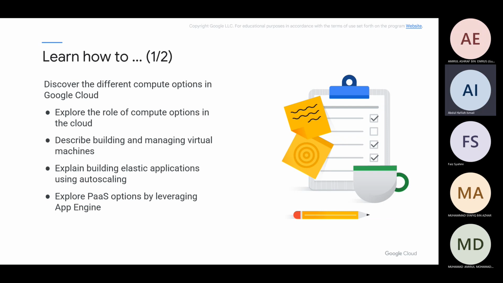So the objective of this module is first explore the role of compute options in the cloud, describe building and managing virtual machines. Selanjutnya virtual machines, maksudnya benda yang kita dah convert pada digital lah. So kat dalam Google Cloud pun dipanggil virtual lah, virtual machines. And then explain building elastic application using auto scaling. Auto scaling kita tahu nak scale up and down, and then explore platform as a service